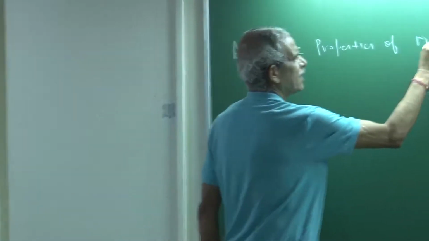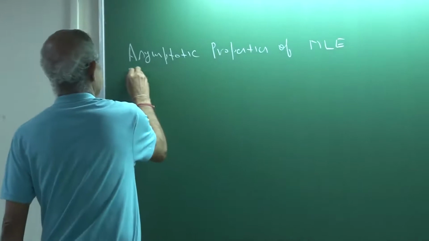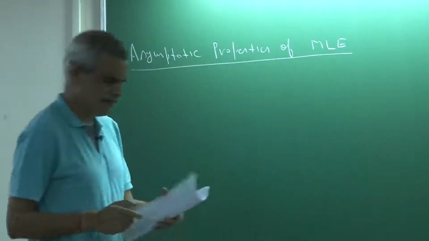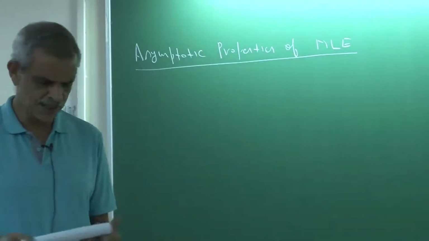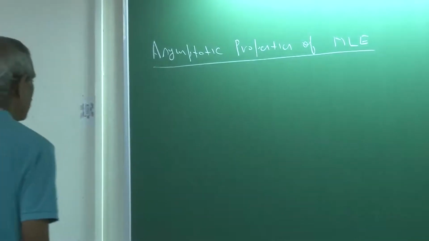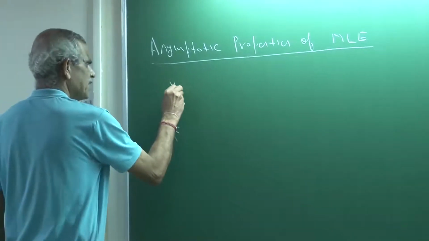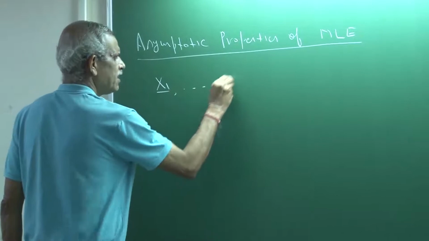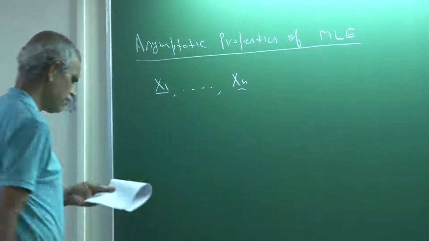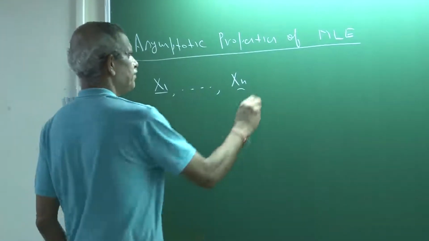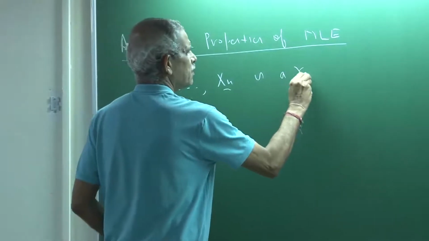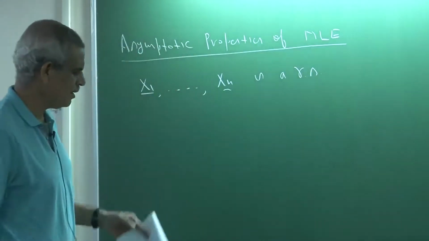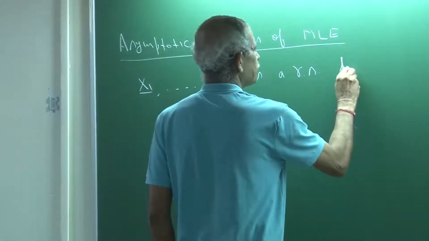Let me write that as MLE, maximum likelihood estimator. This method of maximum likelihood estimation you've already studied in your last course. Let me just revise whatever you did in the last course. So suppose X1, X2, ..., Xn is a random sample, RS, from a population